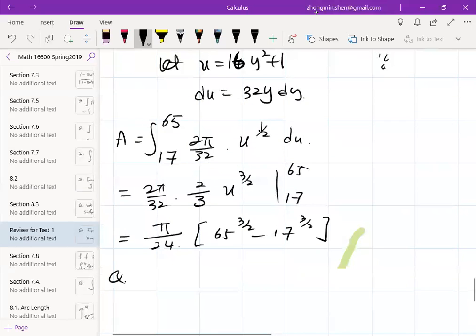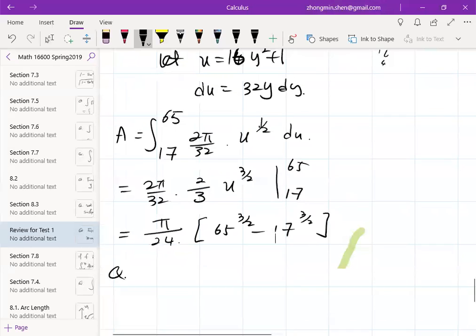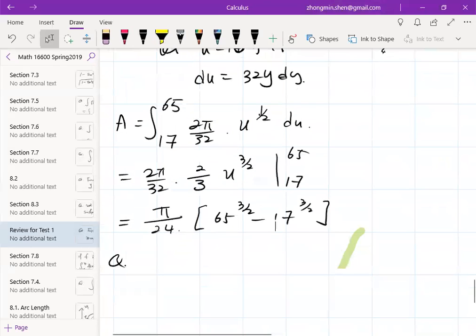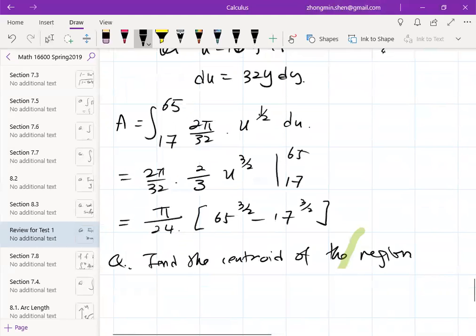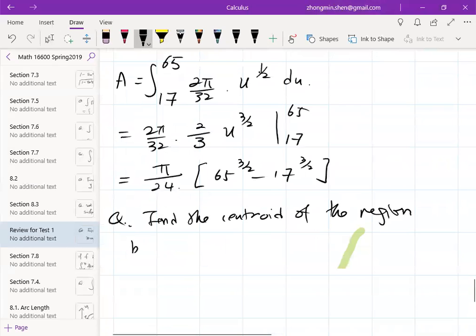So the last problem is back to the first problem. Okay, I discussed the centroid. Okay, so find the centroid of the region. This is a problem simpler than the one we discussed. Okay, find the centroid of the region bounded by